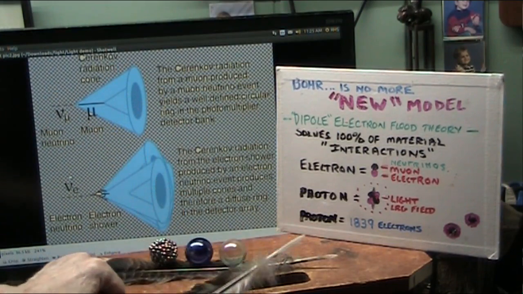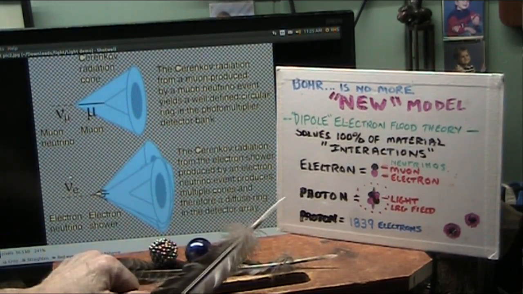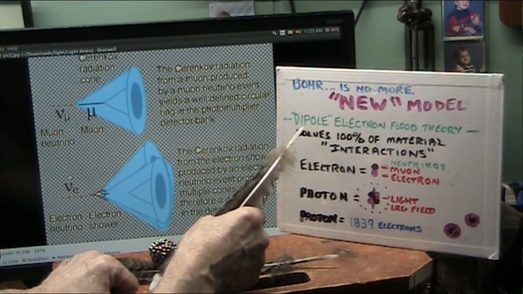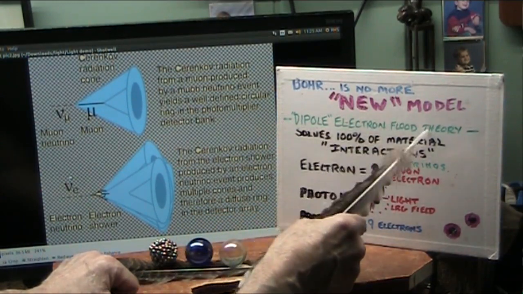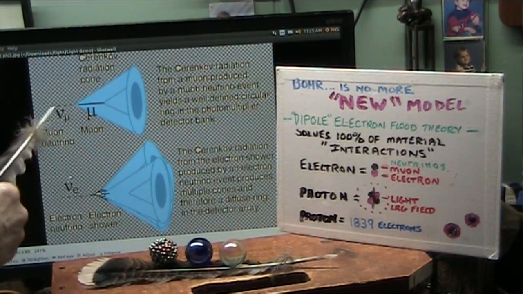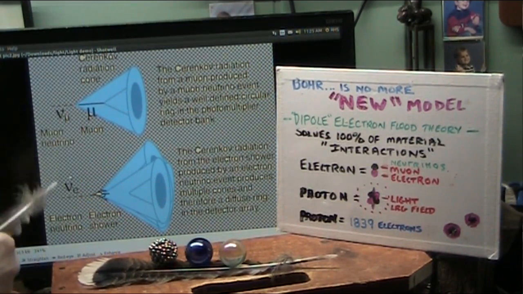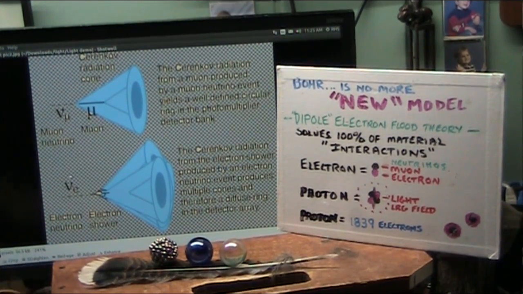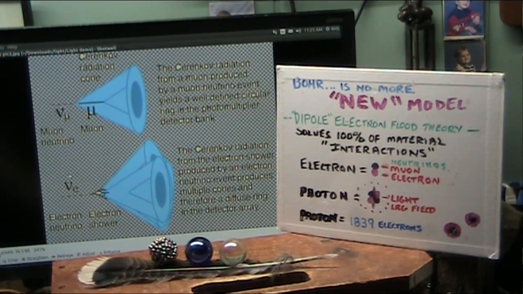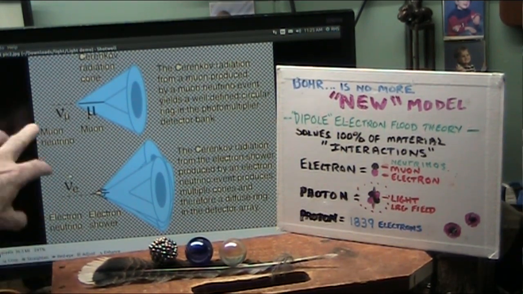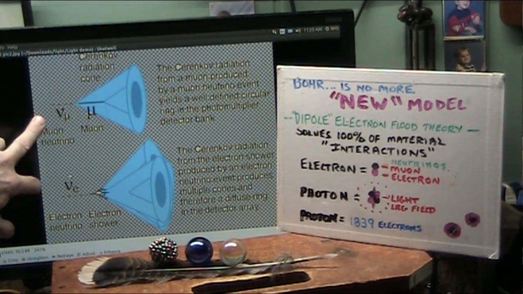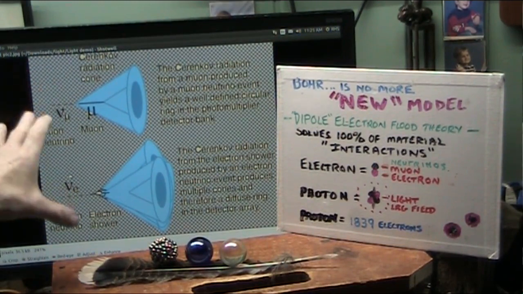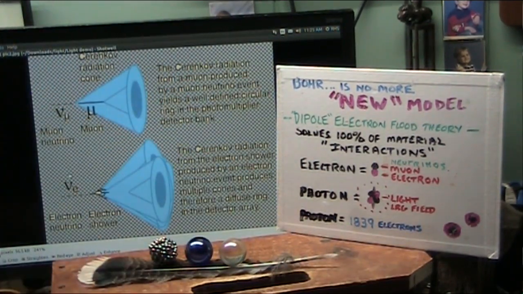And what I am going to tell you right now is that the new theory that I have is dipole electron flood theory. And what is an electron? It's right there, a muon neutrino attached to an electron neutrino. The muon neutrino is dark matter, and it is also gravity. Never been seen before, except for these high energy collisions, and they don't know where they came from because there's so many particles they can't see them.